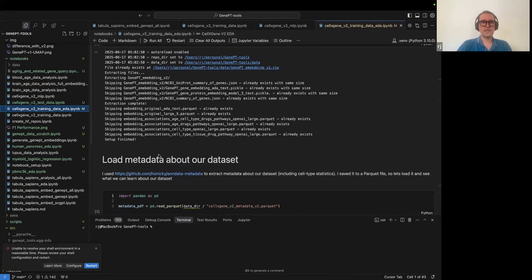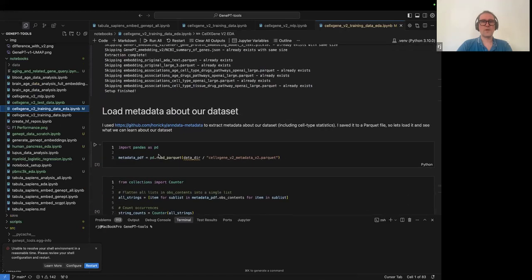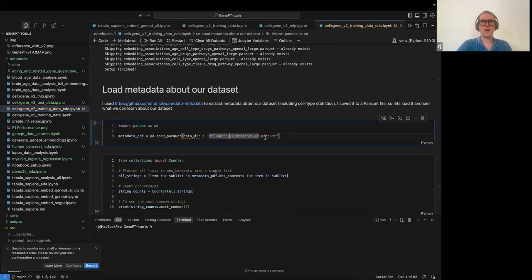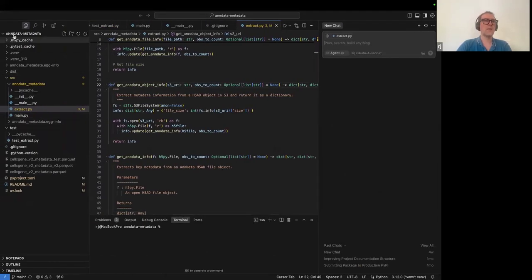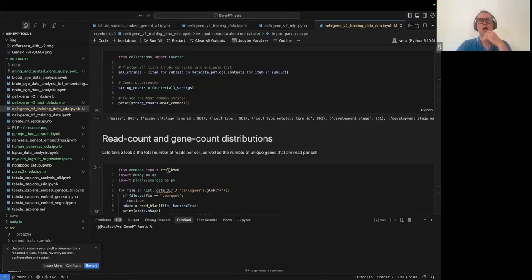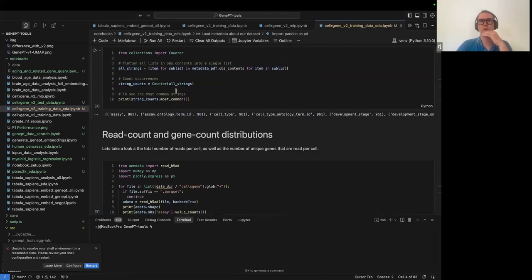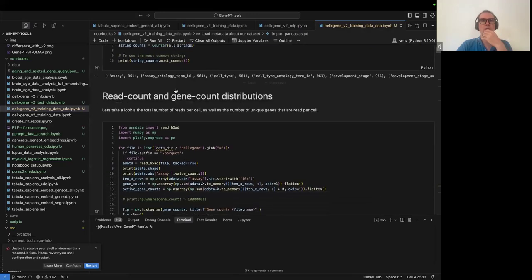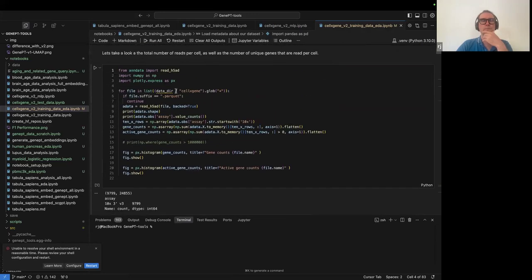So I created the metadata in this file, and I can talk about it again. That's an open source project. It's right here. It's called ANData metadata. It's on GitHub. I can share that as well. And what it does is it creates Parquet files that you can query with DuckDB. You can load it in Pandas or whatever your tool of choice is, so that basically we can